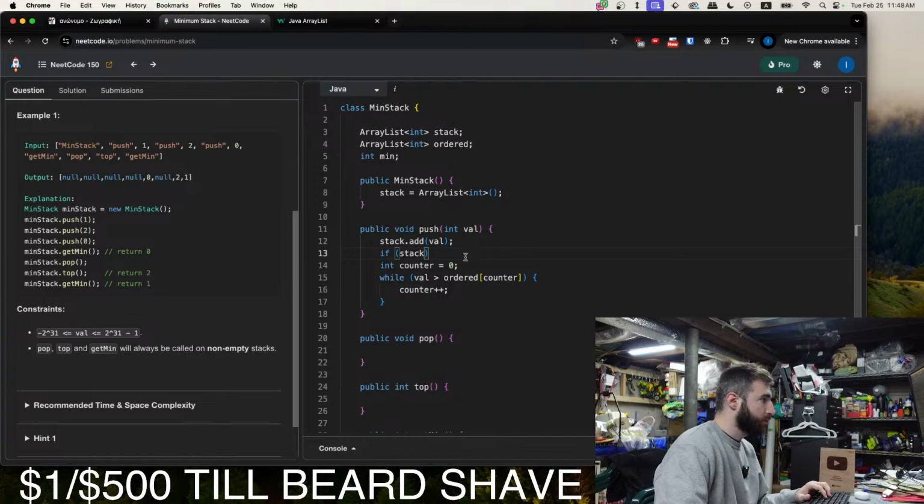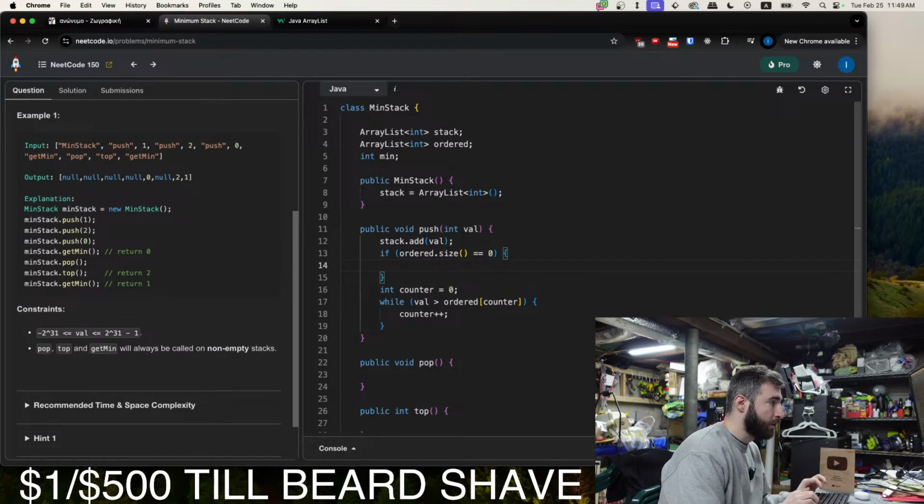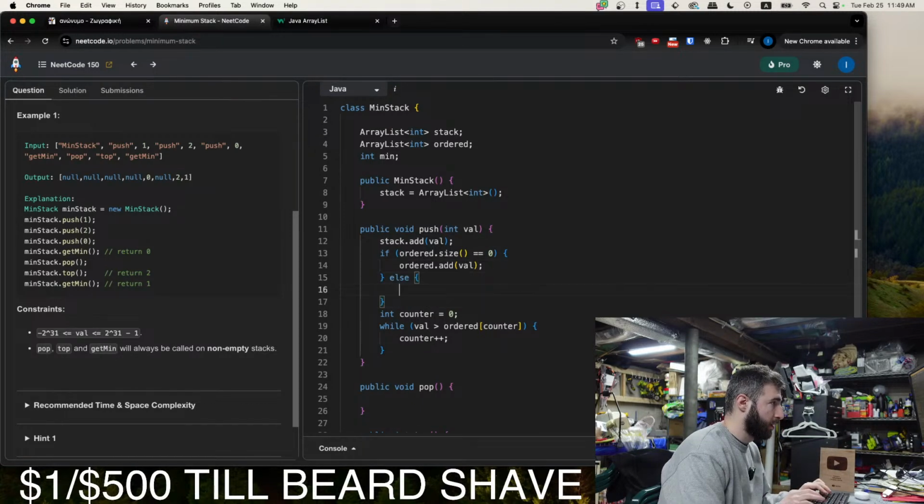Okay. Since we're doing the ordered, let's use the ordered size just for the sake of continuity. So if ordered.size is equal to 0, if it's empty, we'll just add it to the list. So ordered.add val.